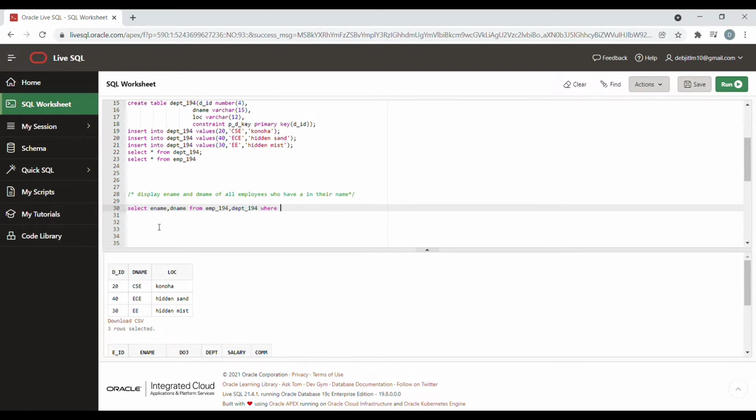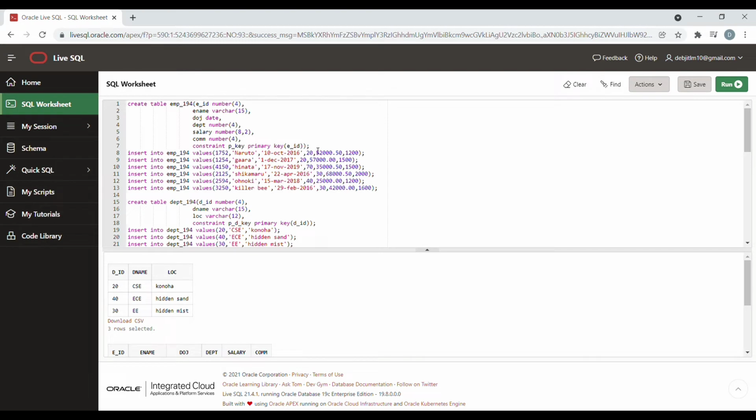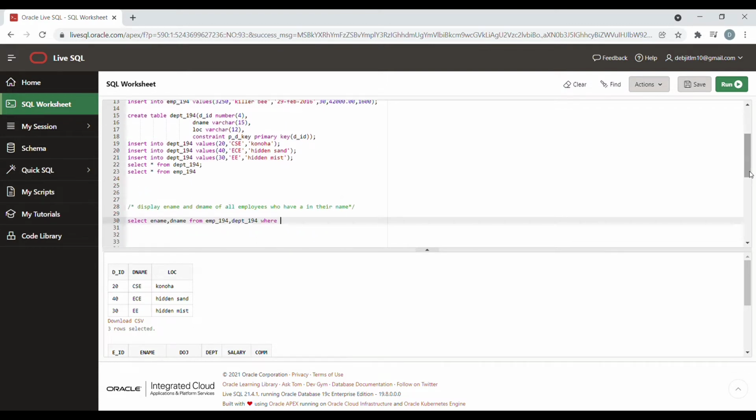So what do you mean by where clause? For joining the table we need to write a join condition. So here our join condition must be that the values who are in department column of the employees table must be in the DID column of the departments table. So I will write that DEPT equals to DID. So if these two columns are same, only then the join will occur. And after that we will write the clause what we need to find. First let's run it and see.